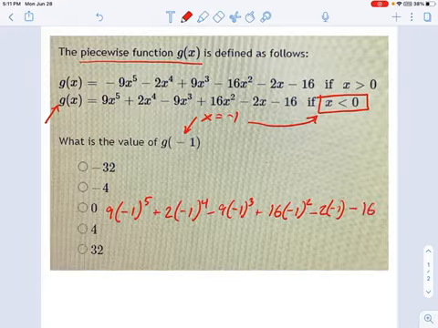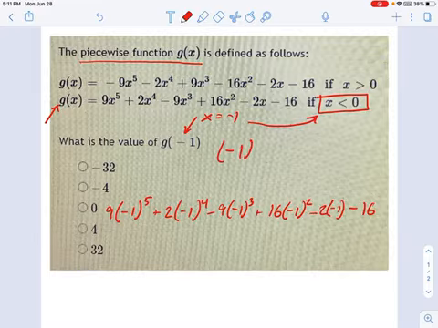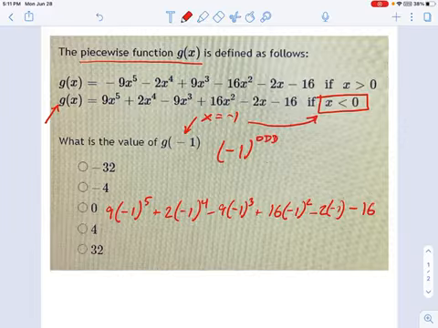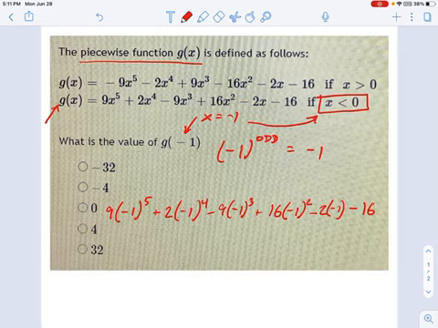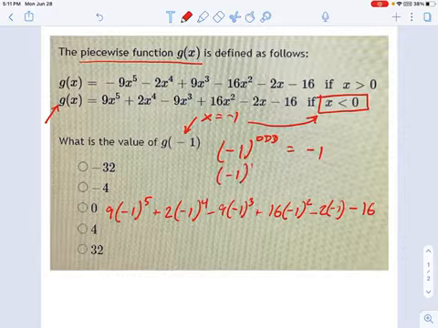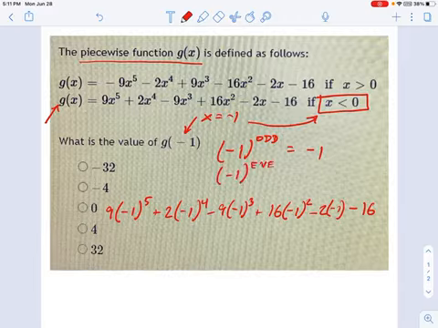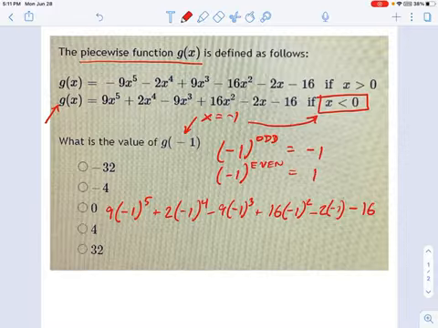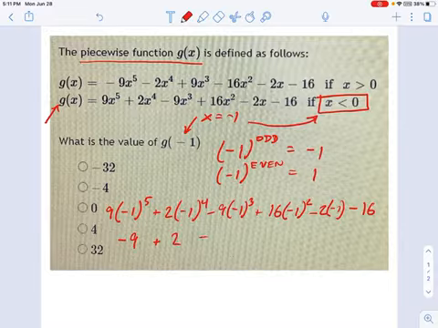Okay, and maybe if you get a little more practice with this, you'll move through it quicker. I want to point out a shortcut. If you take negative 1 and you take it to an odd power, what's the result? It's always going to be negative 1. Negative 1 to the third power means negative 1 times negative 1 times negative 1. It's equal to negative 1. But if you have negative 1 and you take it to an even power, the result is always going to be 1. So what that means is you can replace these things in here with negative 1 plus 2 minus